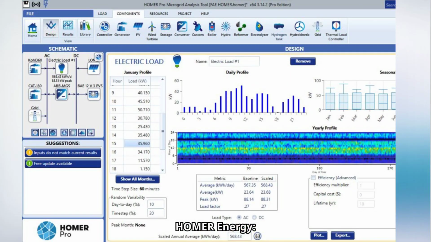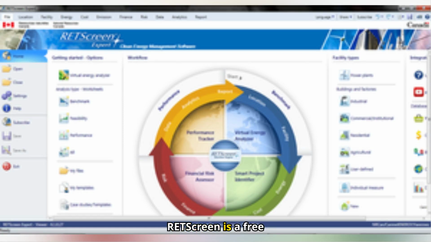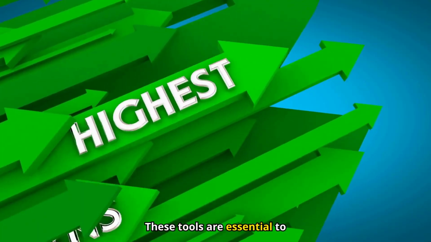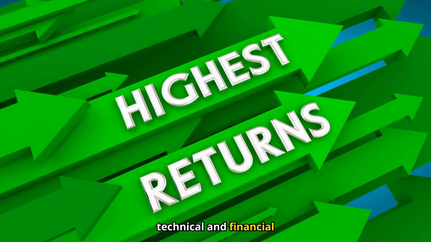Homer energy. Homer is used to optimize hybrid systems that combine solar energy with storage and other sources. It is ideal for analyzing more complex projects involving different technologies. RET Screen. RET Screen is a free tool to assess the financial and technical feasibility of renewable projects, including photovoltaic plants. It also facilitates risk analysis. These tools are essential to make an accurate assessment and get a complete picture of the technical and financial feasibility